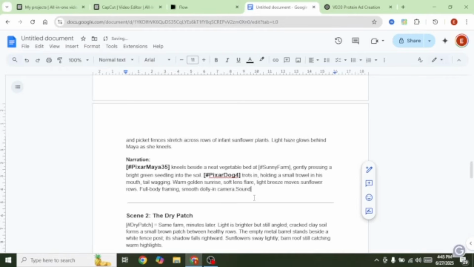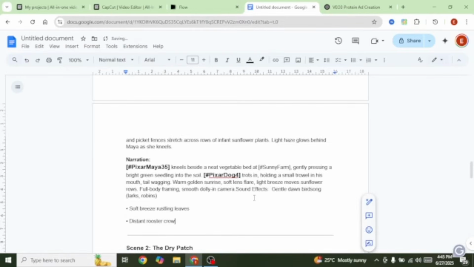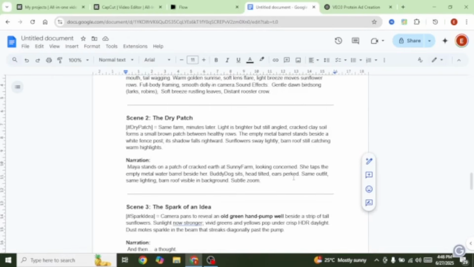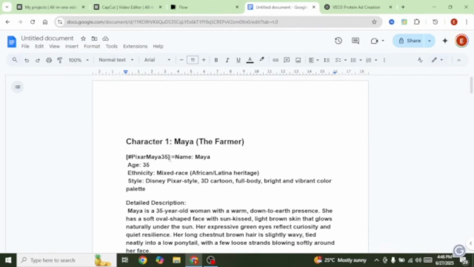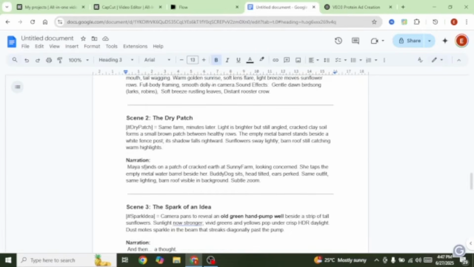I'm going to write sound effects, and I'm going to paste in the sound effects that you just copied from ChatGPT. Now let's edit the second scene, which talks about the dry patch. I'm going to paste in the short tag describing Maya right here. I'm going to come up here. I'll copy this short tag, then come over to the second scene,